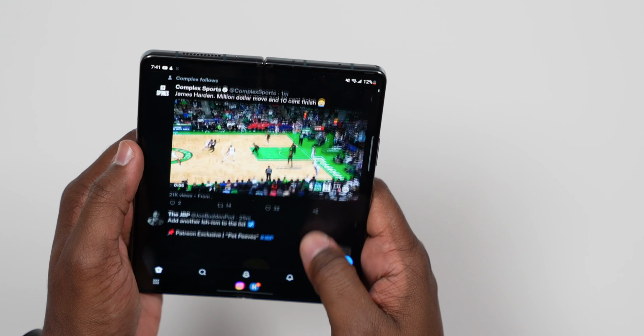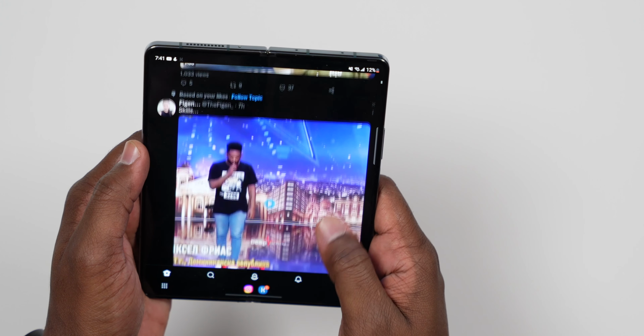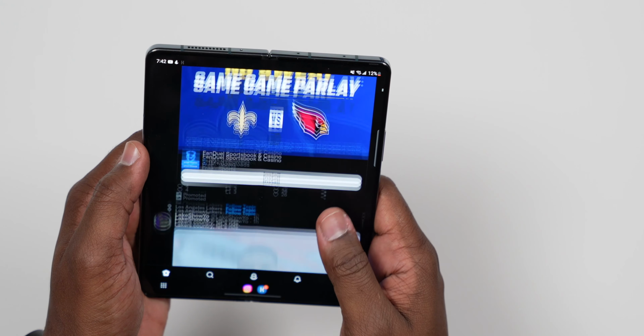But with my normal usage of like browsing the web, using this phone for multitasking at times, being active